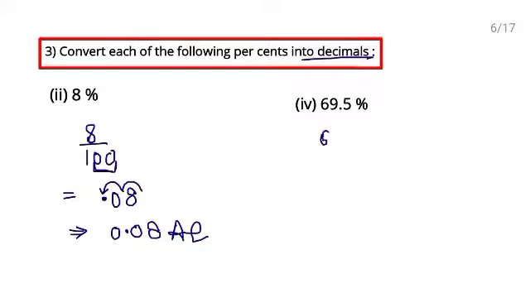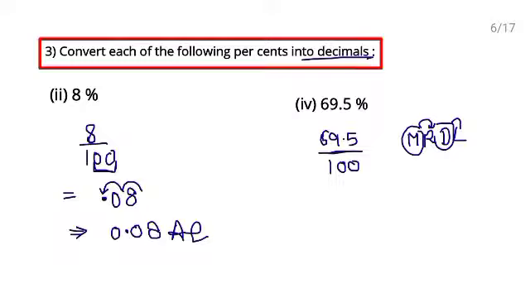Next, fourth part. Write 69.5. This was percent. It means out of 100. Clear? Now you are dividing by 100. 100 in denominator. Clear? According to the mnemonic Mr. DL, in multiplication the decimal shifts to the right and in division the decimal shifts to